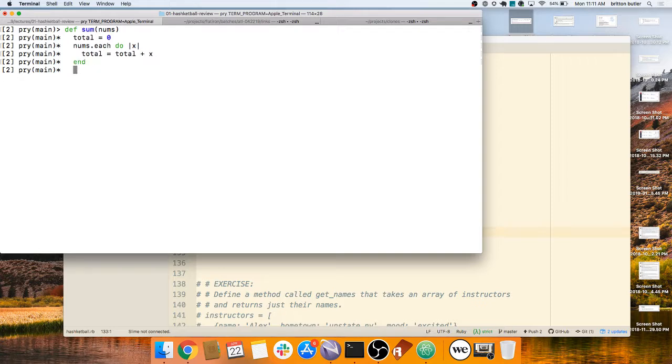And then here I say end, and then here I say end, and I call sum of 1, 2, 3, 4, and I get back the array 1, 2, 3, 4. What in God's name happened? Well, there's one way to fix this. I can rewrite this code, but I can rewrite it saying at the end,